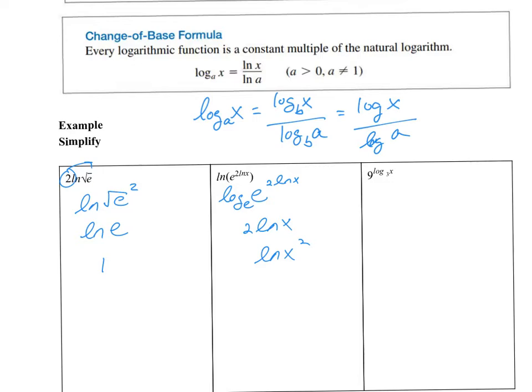The next one, this is the same thing as 3 squared, log base 3 of x. You could multiply these 2 exponents together, so you have 2 log base 3 of x. Again, the 2 can go back as an exponent. And when you have a base 3 and you have a log base 3 as an exponent, those 2 things cancel. These 2 exponents,